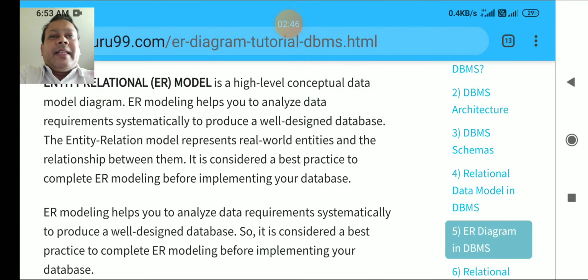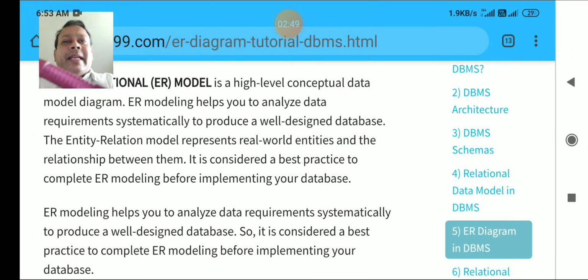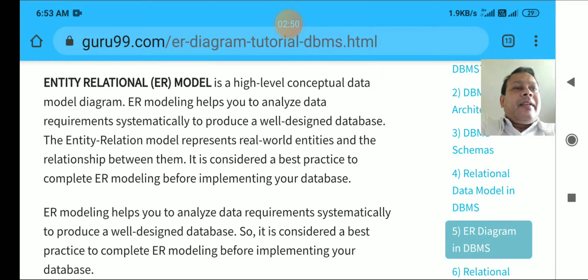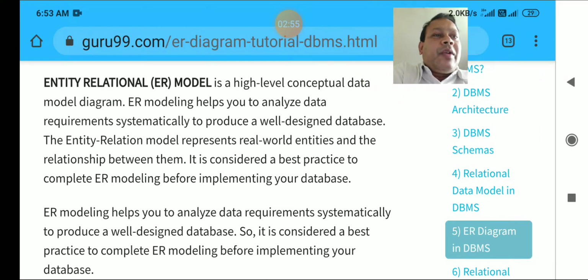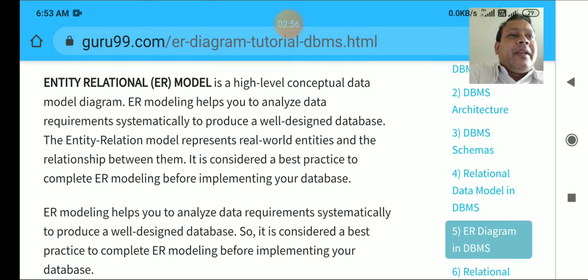So this ER diagram, before creating a particular table, we are going to have this ER diagram. It is quite similar to creating a flow chart before writing a particular program in C, Java, COBOL, Pascal, whatever language you are using.